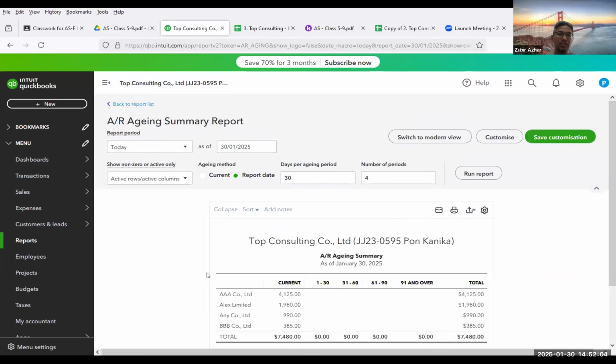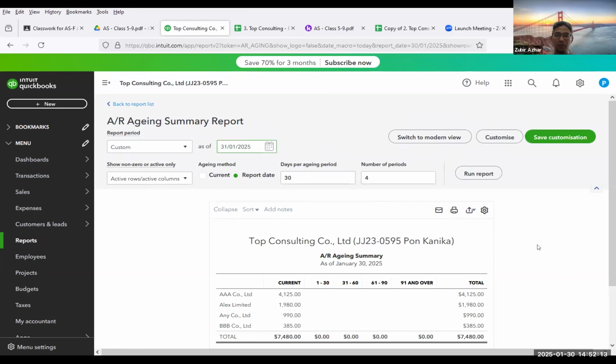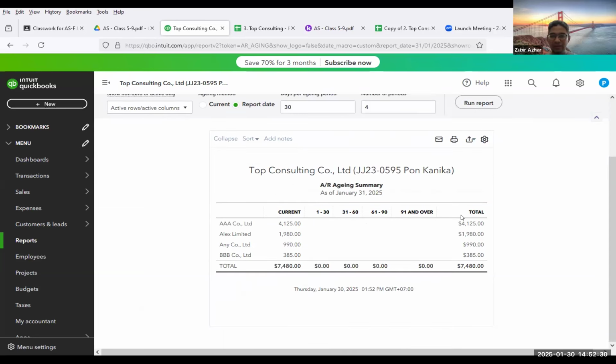Then you can change the report as of 31st January, so we make it one whole month, run report. Okay, do you see that we have all the 4 customers, they have not paid you any money yet.